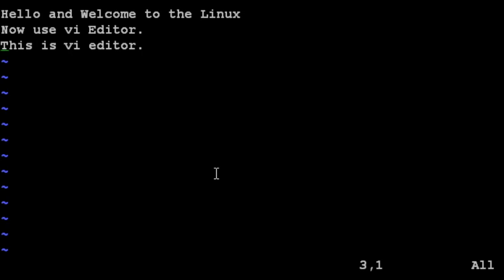Now the next part is how to replace a character or a line or a word. So first key is R. If I press small r, then it will just replace the character under the cursor. Suppose my cursor is on T, and when I press R and if I press now K, the T will be replaced by K, and if I write J, then there is nothing happening.